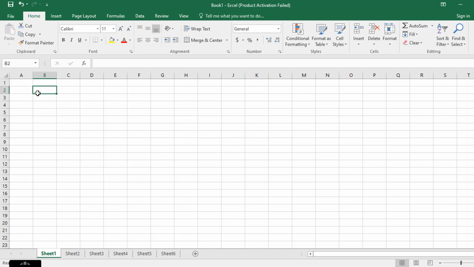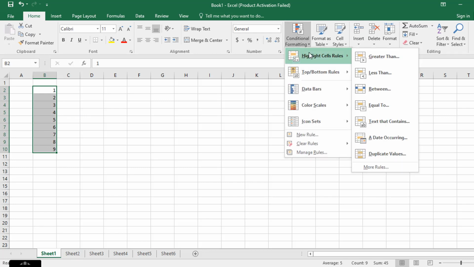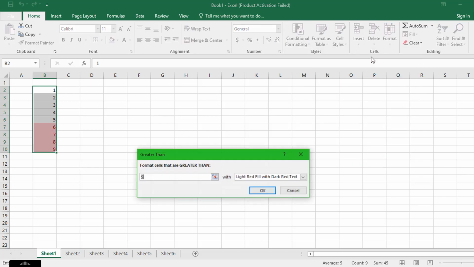Next we will see conditional formatting. For that, let me type some numbers. Now I have typed some numbers. Select the numbers, then in home tab go to conditional formatting. The first one is highlight cell rules. Press the greater than.